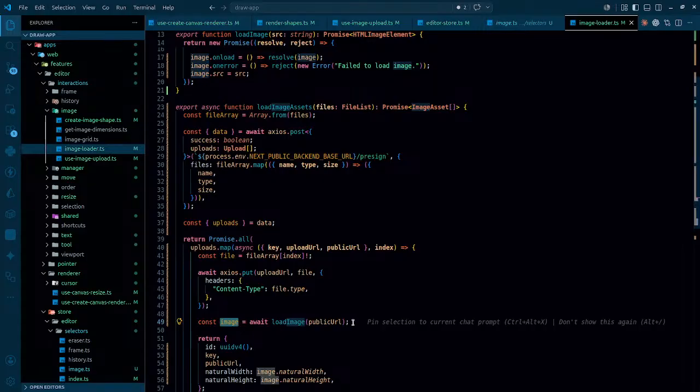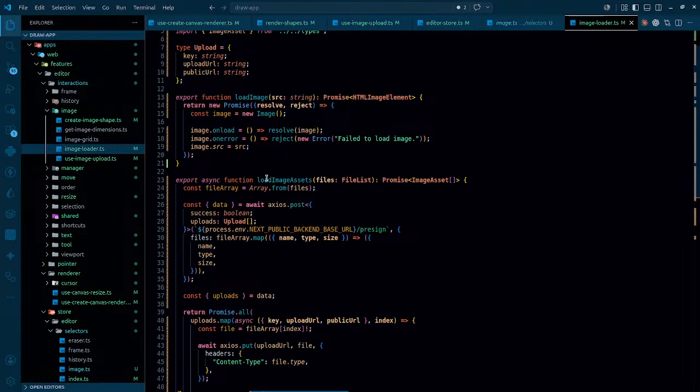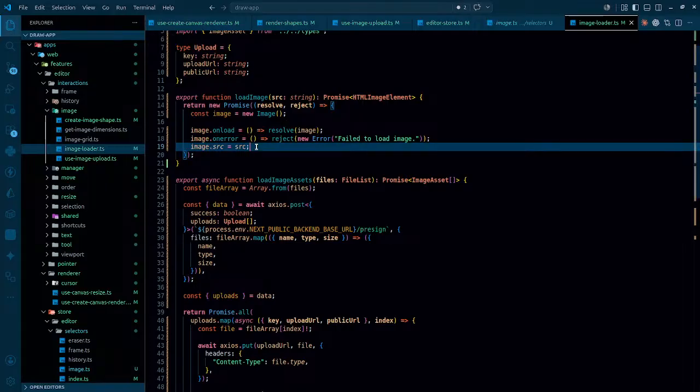When it comes to loading the image, that's mainly needed so that we can get the width and height. What we are actually doing is, if for some reason we are duplicating that, the name is going to be the same, so in that case what will happen,